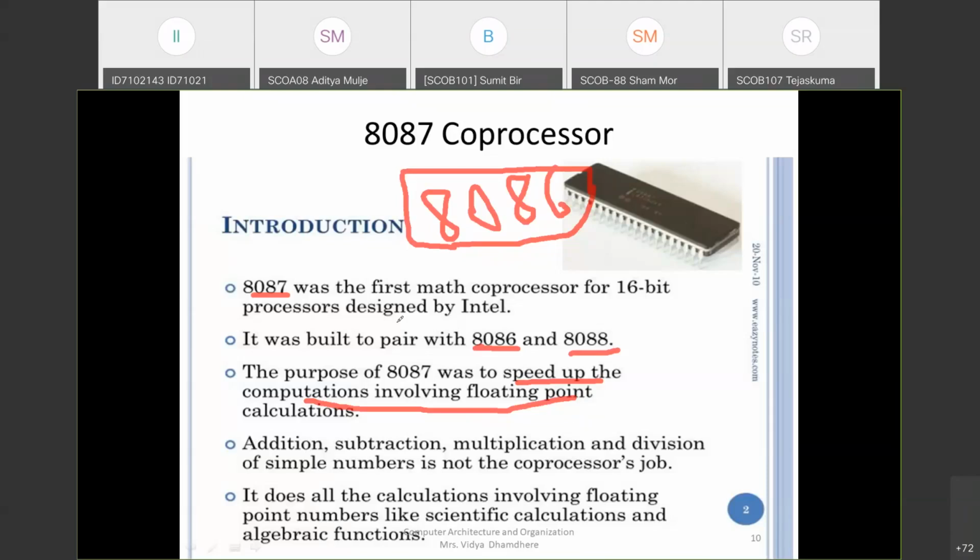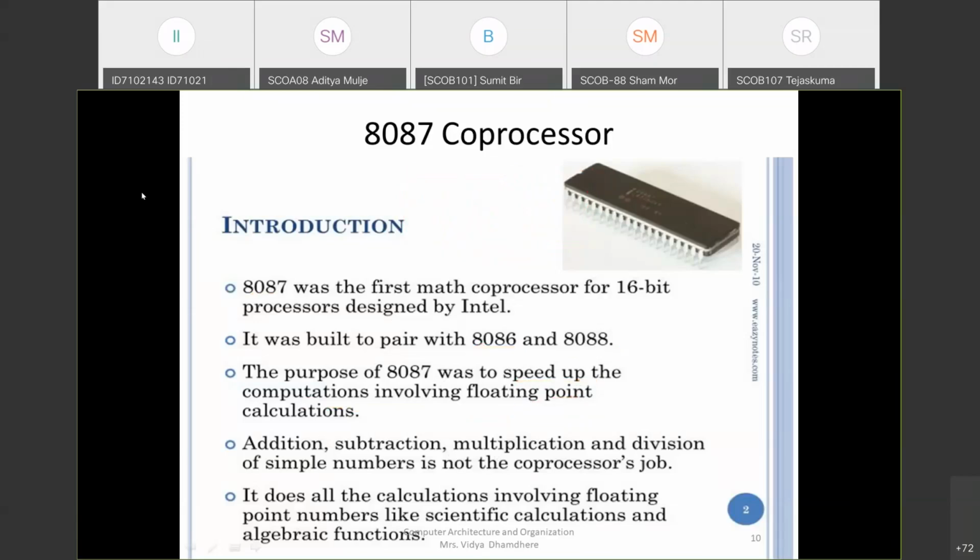Now, whenever we want to calculate floating point number operations on the basis of scientific or algebraic functions, that will be done with the help of this coprocessor. It is not done by the main processor. That is the job of the coprocessor.